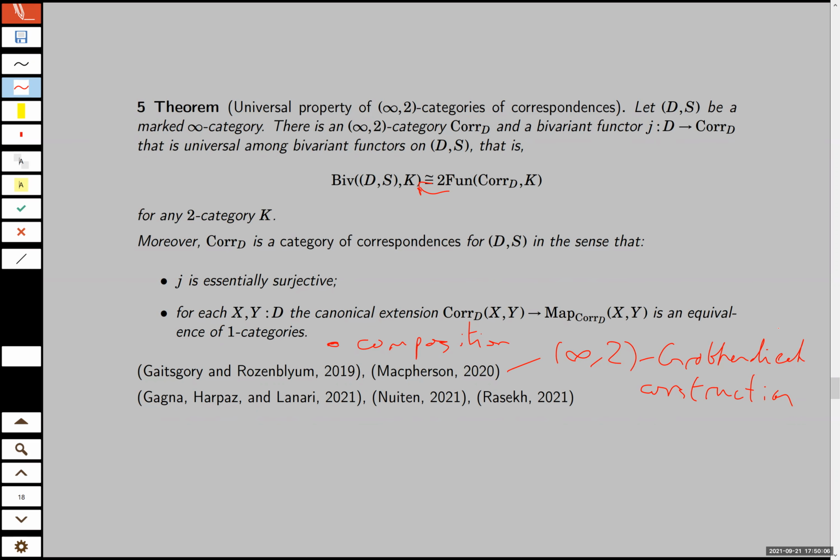So this is even telling you something new, even when D is just a one category, like the category of schemes. It tells you how, in the image of some functor, like say the derived category, the complete set of maps that can be constructed by pulling and pushing along correspondences and all the coherences between them can be drawn inside this geometrically defined category of correspondences.